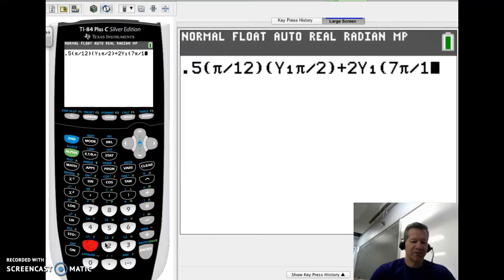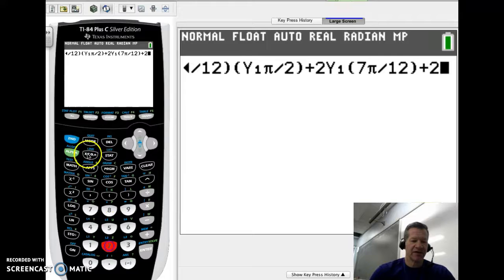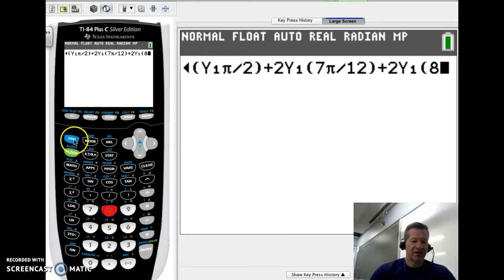This is kind of tedious putting this in. We could put it in a table maybe and go a little faster. You can experiment with that. But 2 times y1 of 8 pi over 12